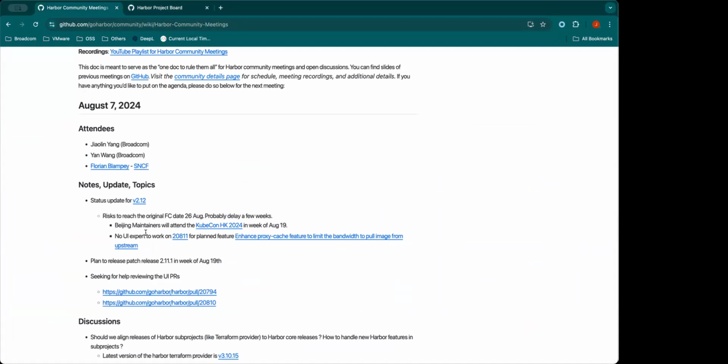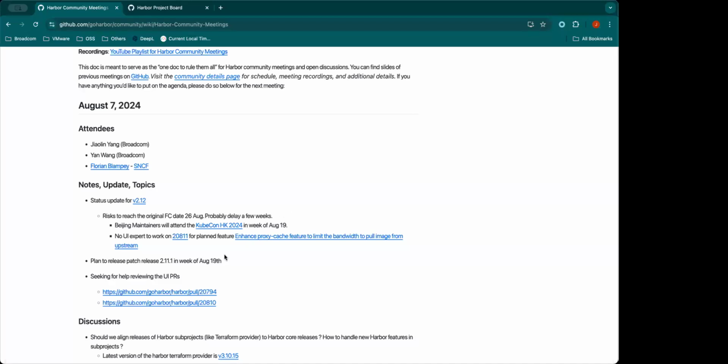So the maintainers in the Beijing team will attend KubeCon Hong Kong in the week of August 19. They will stay almost the whole week in that event, so at least in that week we will not have much effort on project development tasks. So this is one of the reasons.